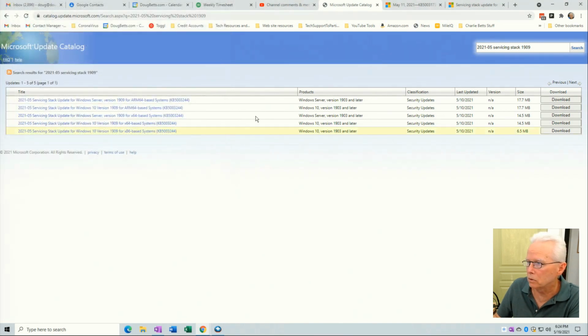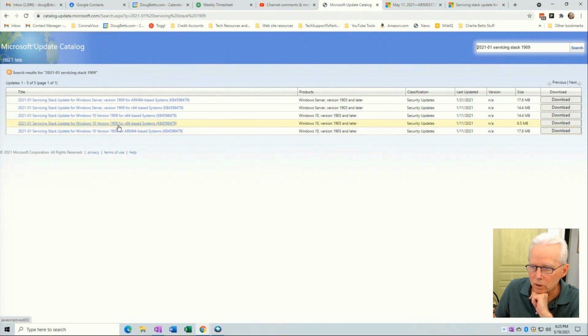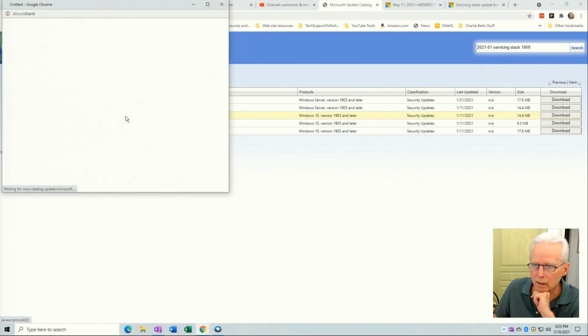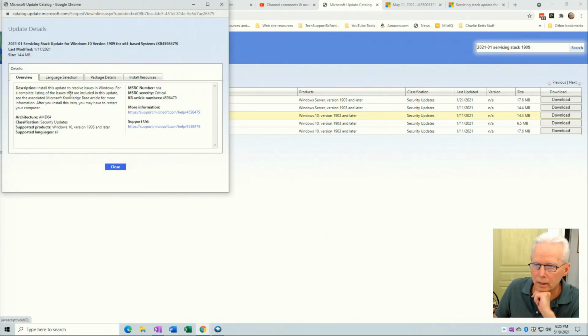So then we'll close this and come up here and see, okay, well, what about 2021-01? Because that's the KB number that Blackwatch had provided. But now I'm asking the servicing stack for 1909. Press enter key here and see what we get. These are 2021 and Windows 10 version 1909 x64. This one right here. Click into that one and see here. This says Windows 10 version